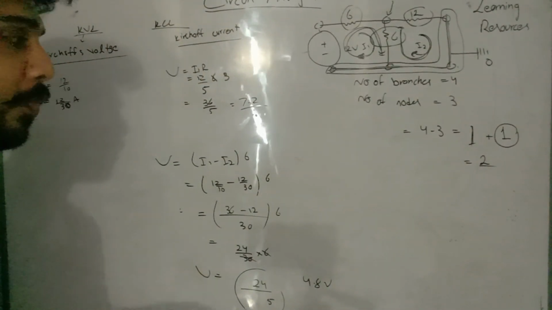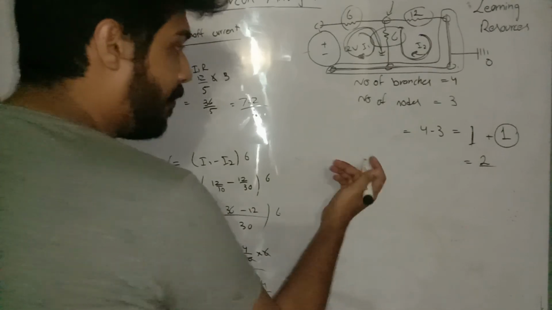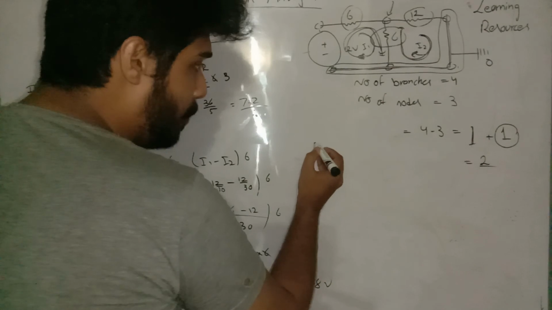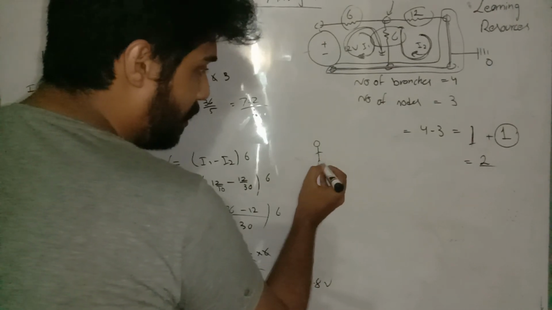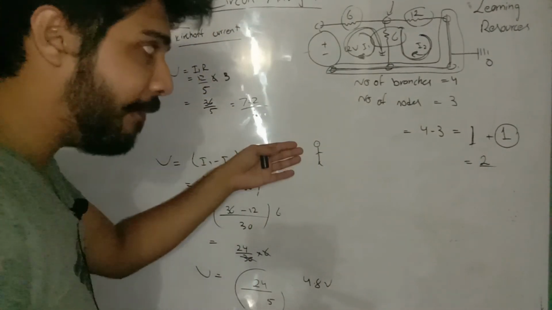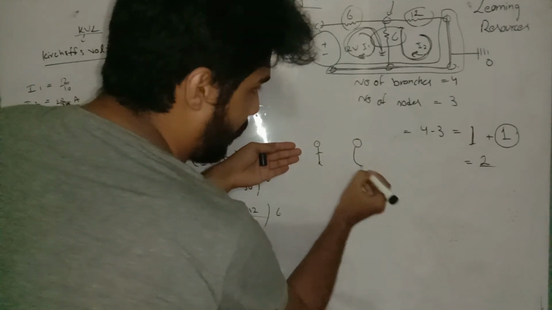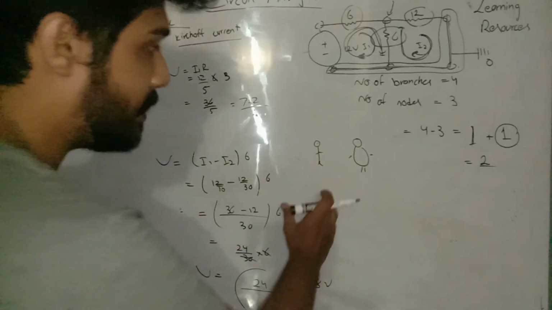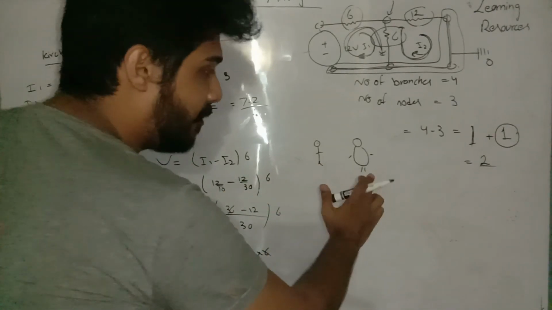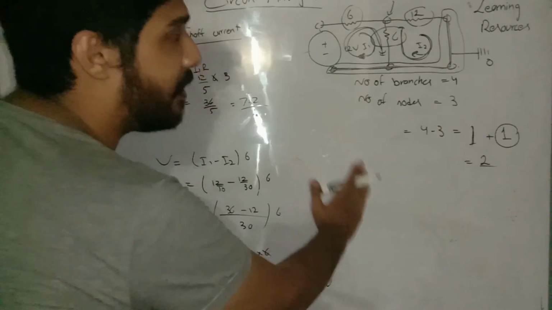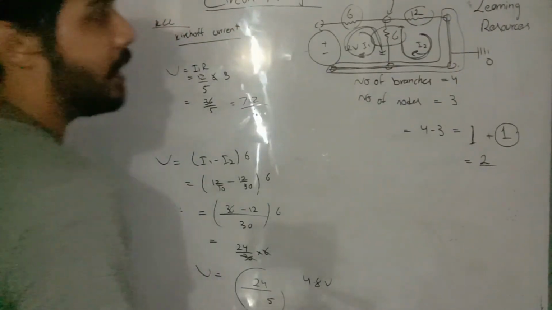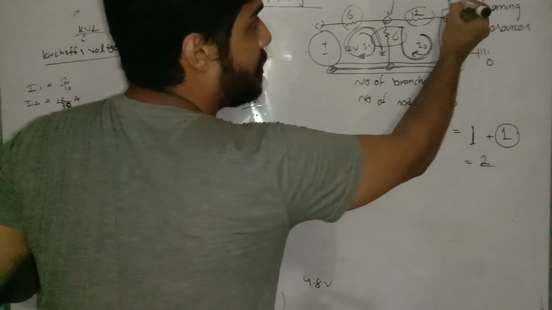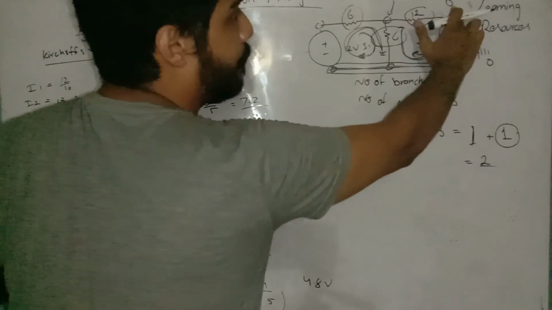In order to tell you what a reference is, if I ask you how can you tell whether a man is fat or not? In your mind you have created a thin person, and with reference to this you are measuring the fat one. So the reference value is very important. So you will know with this reference whether he is fat or not. So we have taken the reference value of this node as 0. So we are not going to calculate the voltage at this level, okay, because the voltage at this is 0.